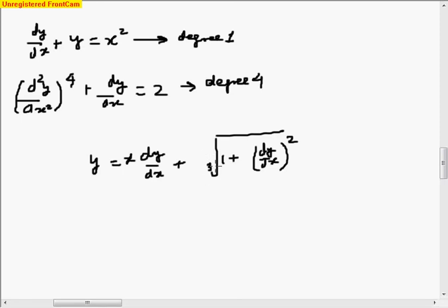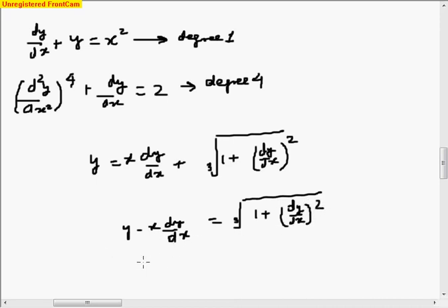What is this? This is a radical. This is (1 plus dy by dx) squared raised to power 1 by 3. So I need to get rid of this radical, this 1 by 3. For that, I will take y minus x dy by dx is equal to the cube root of